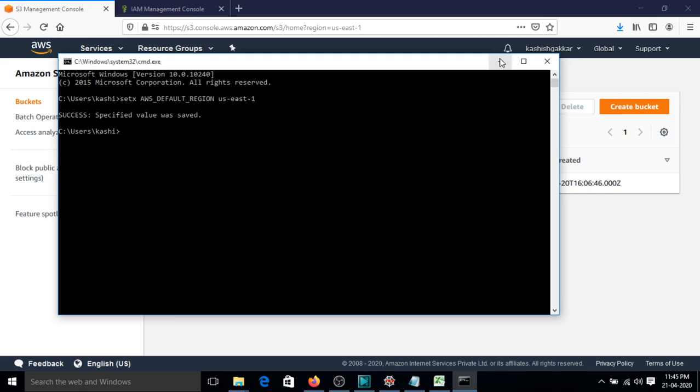Now another important thing is how to verify that these credentials are saved. Once you run these commands one by one, all these values get stored in the environment variables of your machine, so that Python can directly access them from there, and there will be no duplication of putting your AWS credentials or access key again and again in your code.